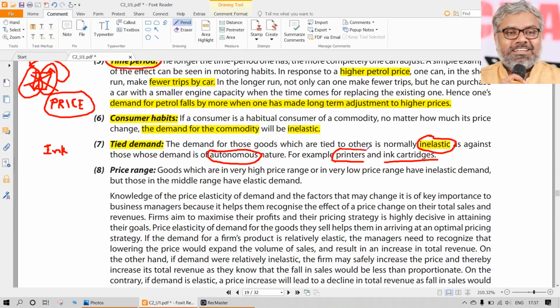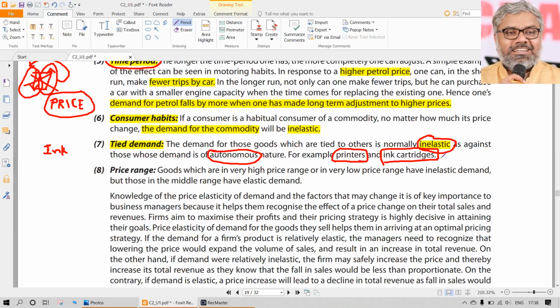Similarly, if you consider the air purifier, the machines will be cheaper. But what will be expensive? Those refills will be expensive. Ink cartridges will be expensive. Why is that? Because these are inelastic. Even though they are expensive, people have no option. You have to use them. Sir, where will you go? Once you have that machine, you have to use that. So these will definitely be purchased even though they are expensive.